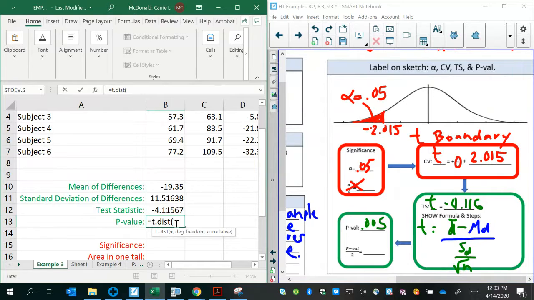And the x is our test statistic. The degrees of freedom is 5, and we'll choose yes or true, or just put in a number 1. Remember, 0 means false, 1 means true. And notice that this p-value is more accurate, and if you rounded it to 3 significant digits, that would be